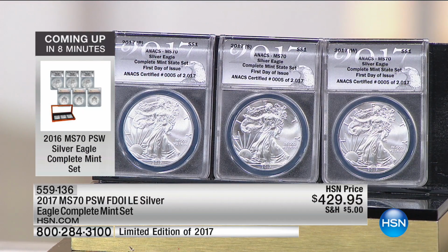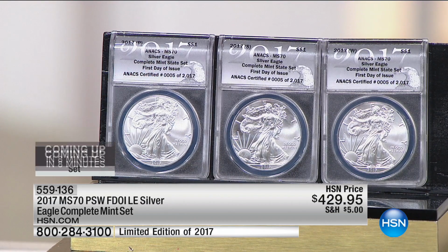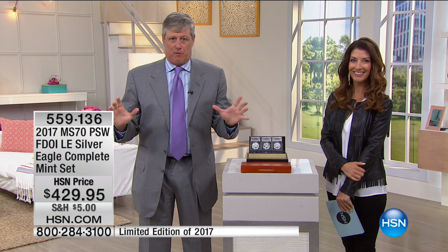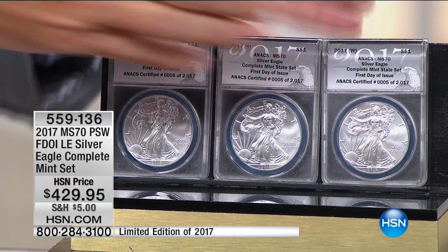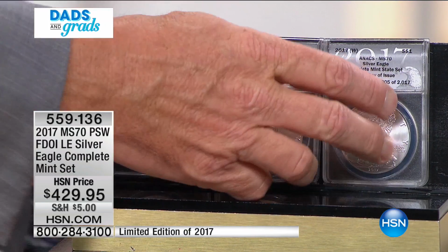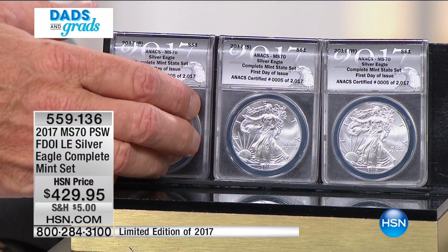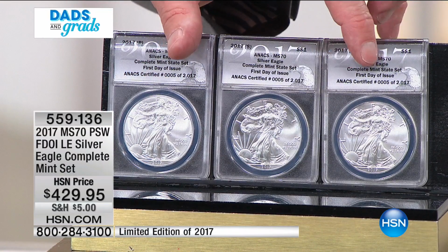Well, I'm here to tell the United States Mint something. It really does matter what mint they were made at. They are not homogeneous in any way, shape, or form. They are different, they are significant, they are collectible, and the mint that they are made at is extraordinarily and exceptionally important. And the only way for you to distinguish that and collect that and own that desirability is coins that have been certified. And only here at HSN can you buy coins that have been certified Annex first day